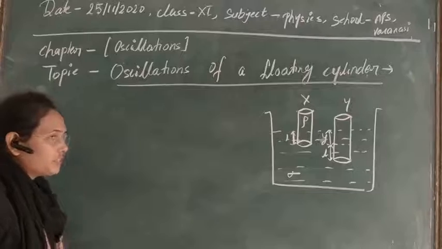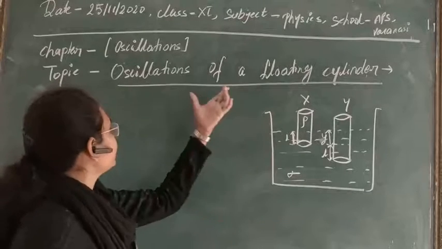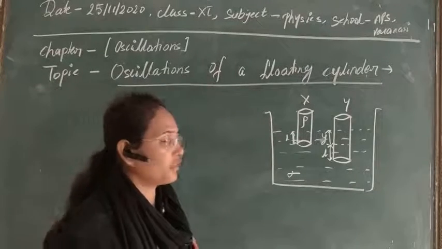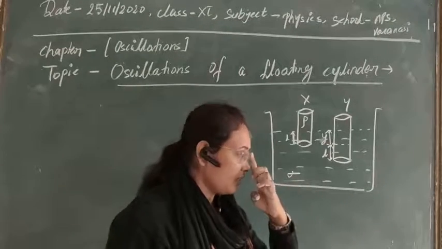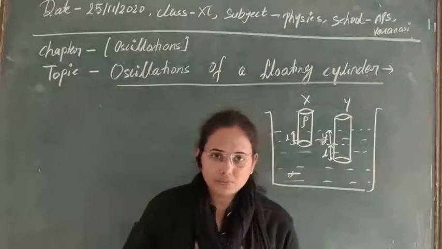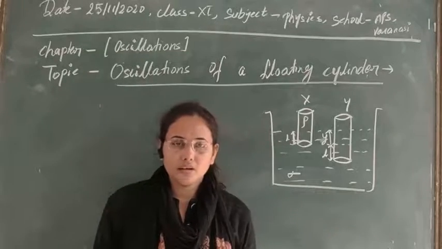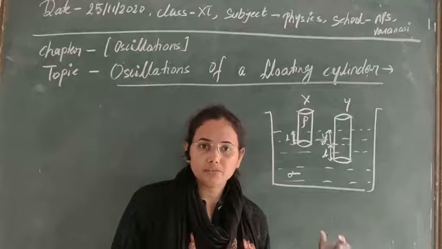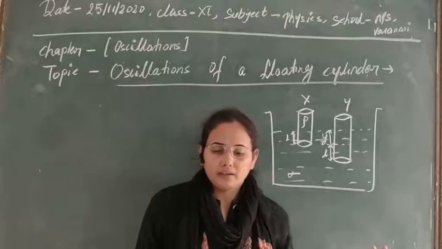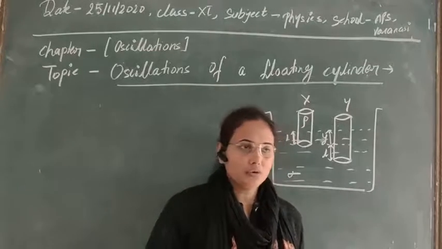So the next example which we have to study here is the case of oscillations of a floating cylinder. This is the last example which we are going to study. I think all of the examples of simple harmonic oscillation are already clear. We have taken a number of examples of simple harmonic oscillation, and continuously we are talking about the